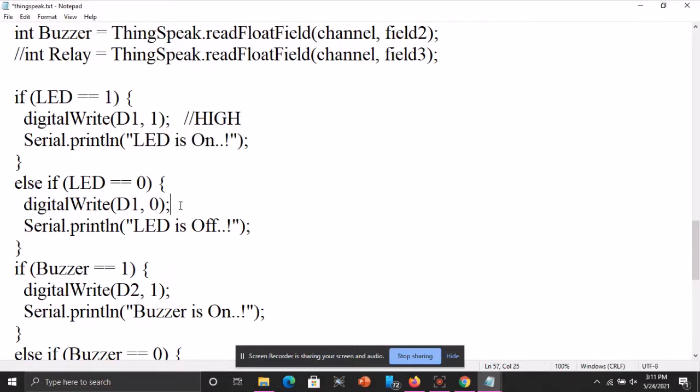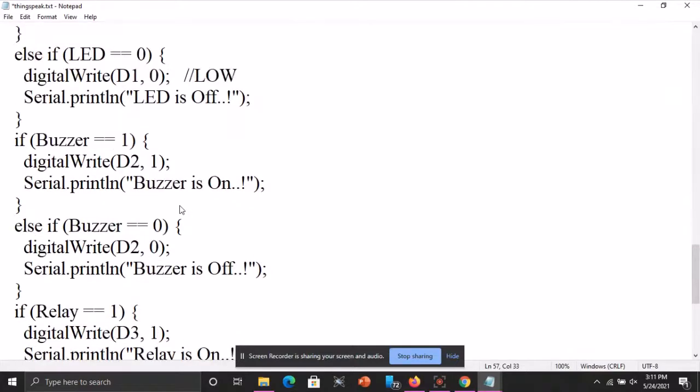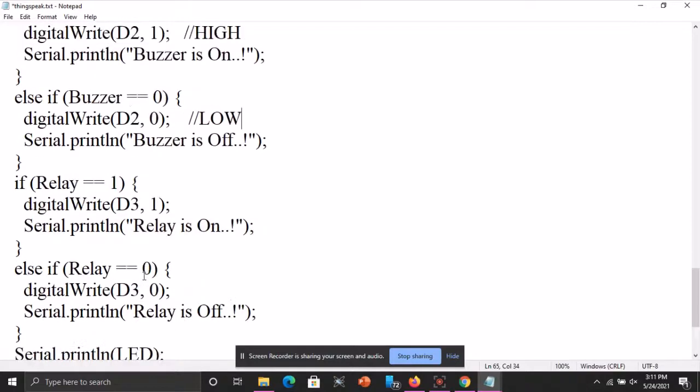And if the LED equals 0, then we just have to write D1 comma 0, that means D1 comma LOW. For the buzzer, again the same. If the buzzer's value equals 1, then we add D2 comma 1, which is for high. And if the buzzer value is 0, we just write D2 comma 0, which is for low.